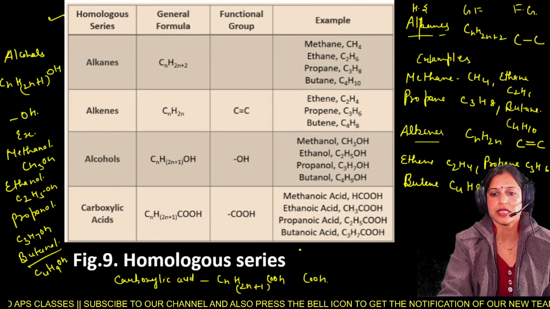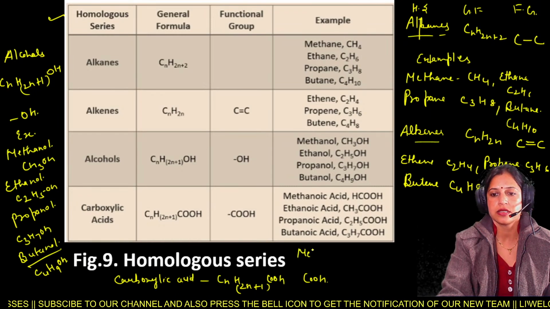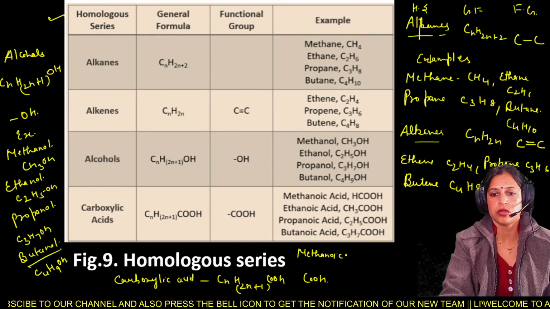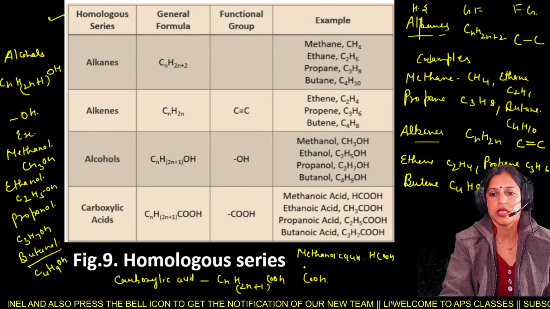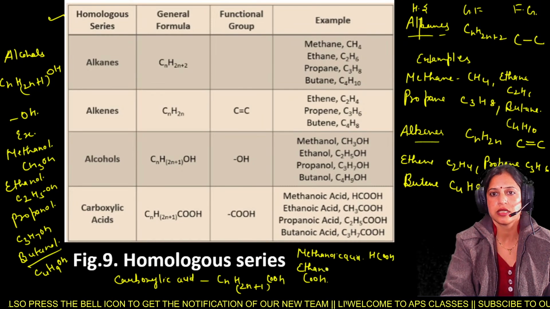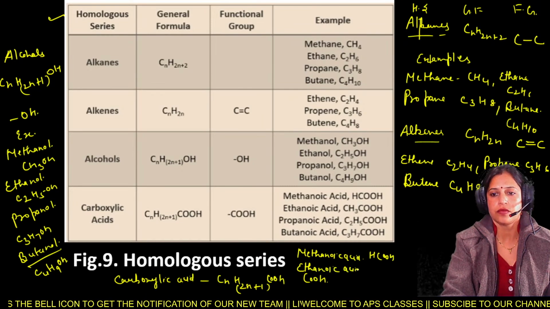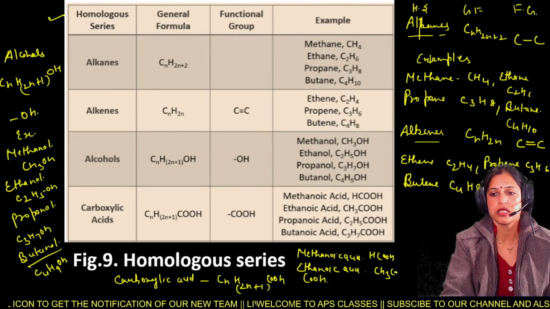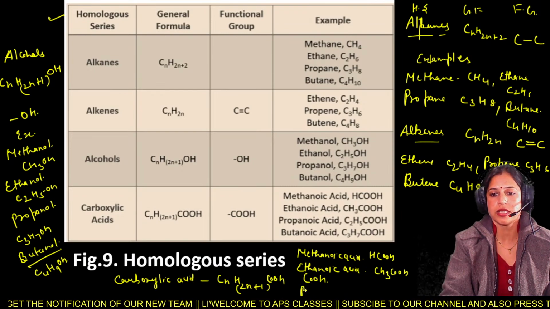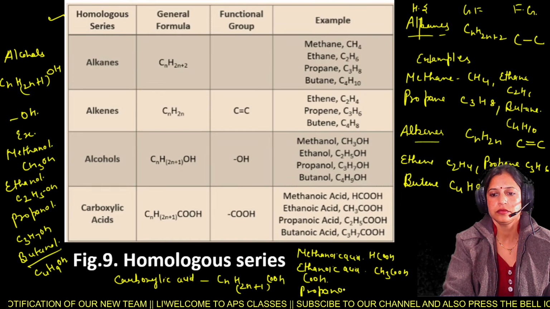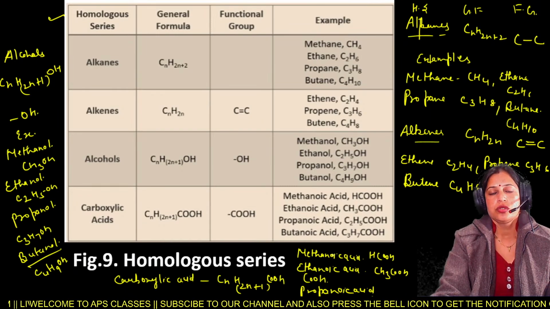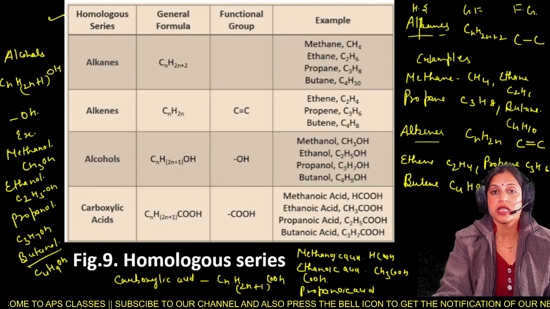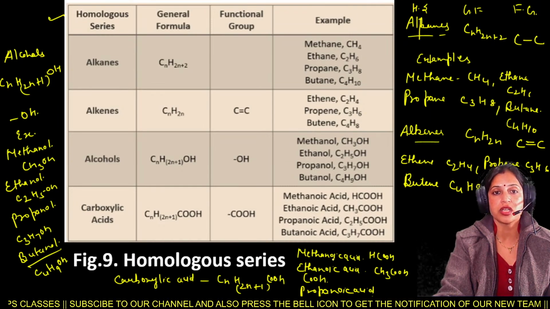Examples of carboxylic acid are methanoic acid, formula HCOOH; ethanoic acid, and the formula is CH3COOH; propanoic acid. Formula of propanoic acid is C2H5COOH. So these are the examples of the homologous series, their general formula, what are the functional groups of the